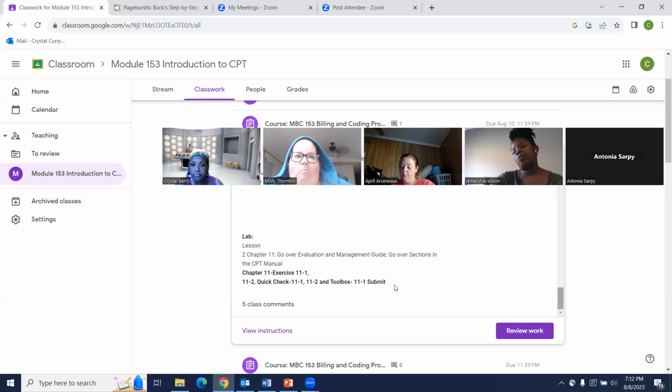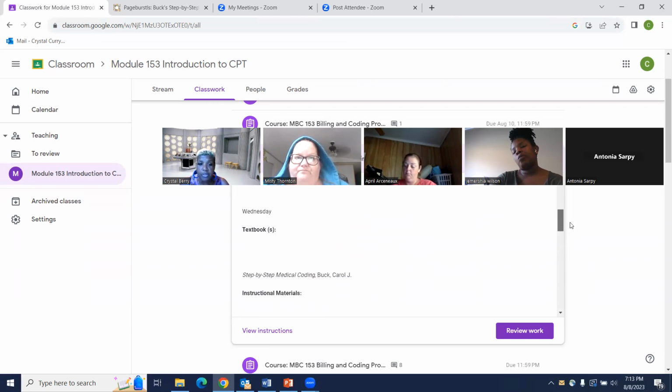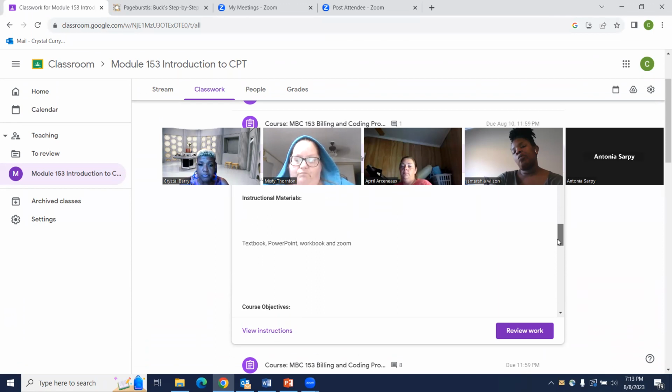And the daily assignments are going to be in Google Classroom. Everything is in Google Classroom. Your daily assignment is right here, what I showed. Let me go back up to the beginning. I just want to make sure because I don't want to miss anything because I'm confused. Right, understood. That's why we're going over it now.